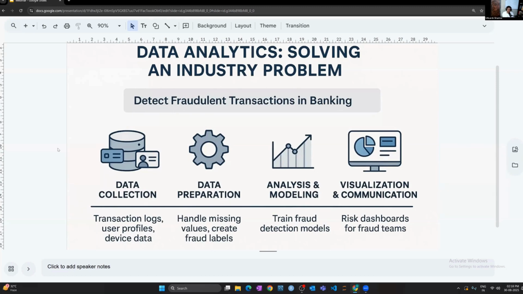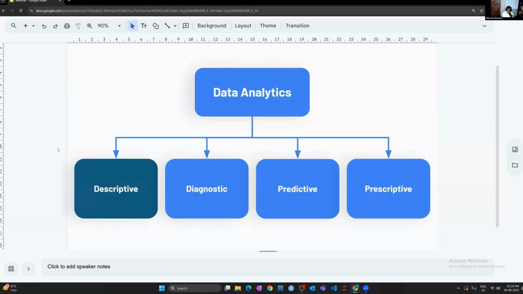After your data is prepared, the next step will obviously be to analyze or model your data. So here, as you are talking about detecting something, regarding this, we will discuss a little bit later, but this is a machine learning use case. So here you will train classification models, which will be capable of detecting fraudulent transactions based on transaction patterns, user profiles, and everything. After that, you can use that model to communicate your results, and those results may look like,